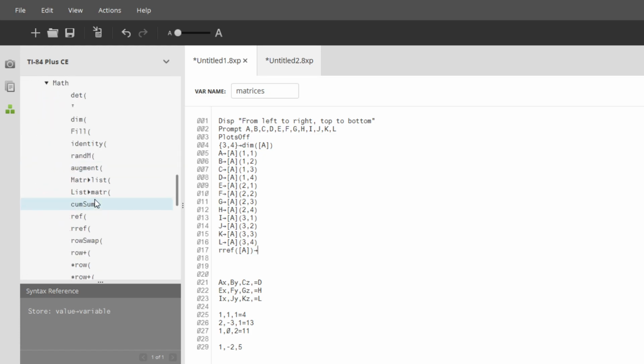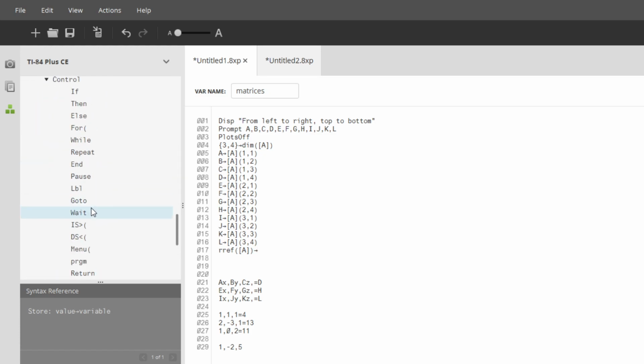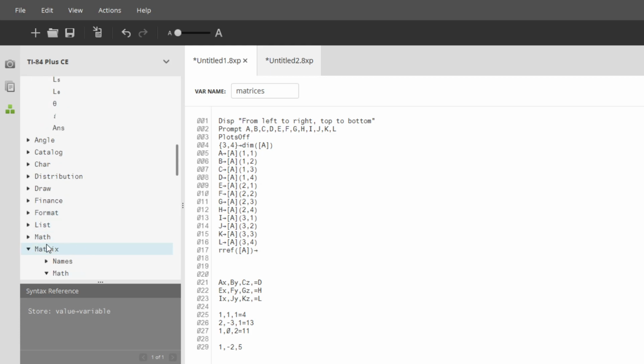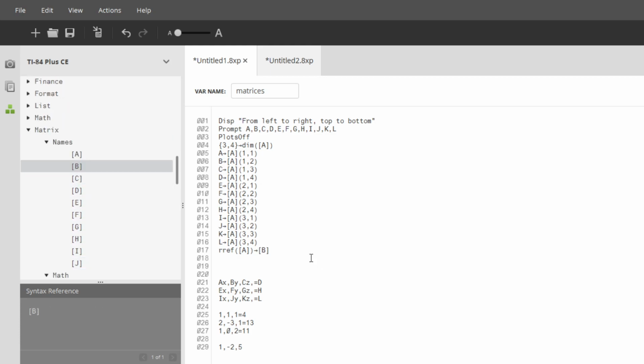Right, and then, really? I didn't have it open? I thought I had it open. Names, there you go. Matrix B. And then you would take matrix B, and you would say, display,